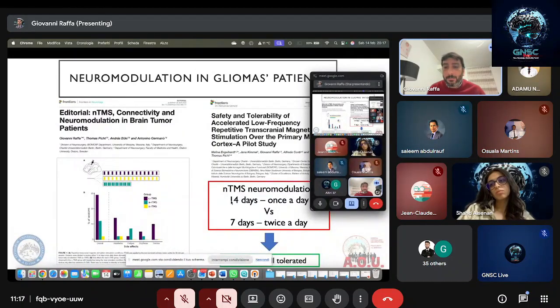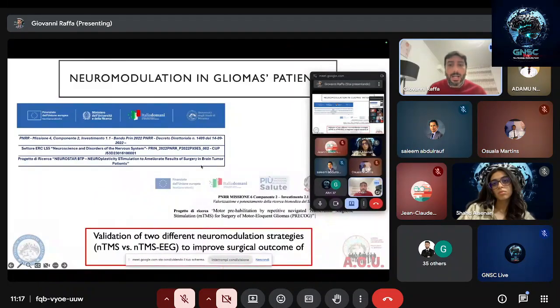And we published this paper in which we found that we can safely use this kind of neuromodulation using TMS in our patients affected by motor eloquent tumors, using two different patterns: one in which we perform the stimulation once a day for 14 days, and the second paradigm is stimulation twice a day for 7 days, and it was really well tolerated. So I got funded by the European Union to perform 2 studies